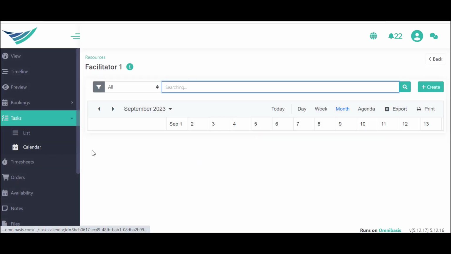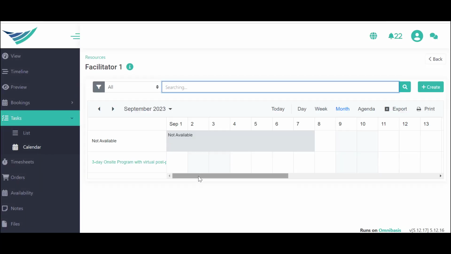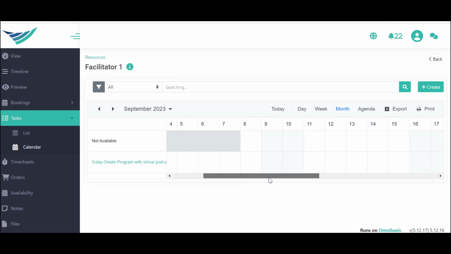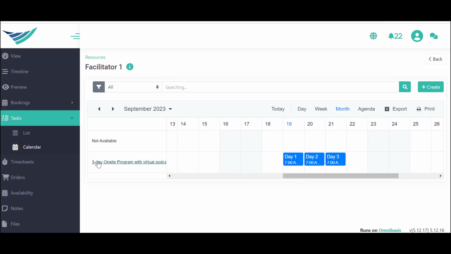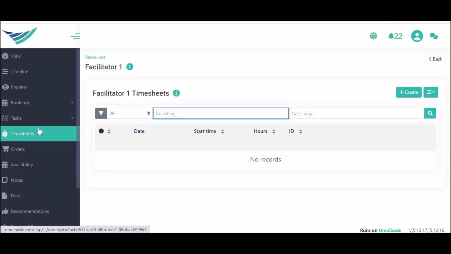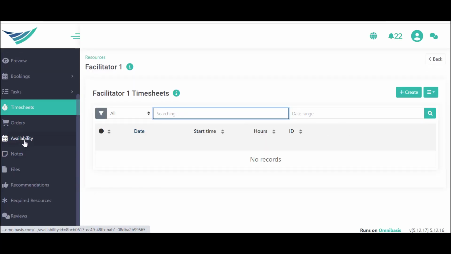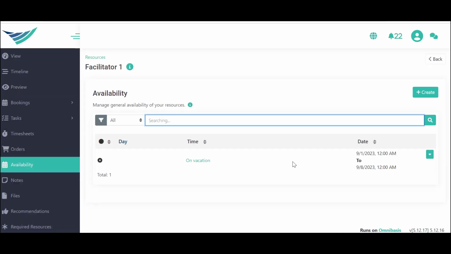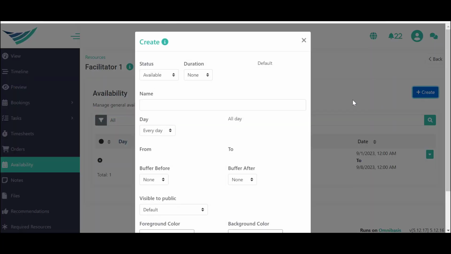I can also see that facilitator's calendar. Notice it's not available the first week of September, but then it says a schedule for a 3-day orientation, a 3-day online on-site program. The facilitator can record the timesheet, or you can record the timesheet for the facilitator if you choose to use timesheets. The facilitator can set up their own availability, on which they are not available or which they are available. It's quite flexible